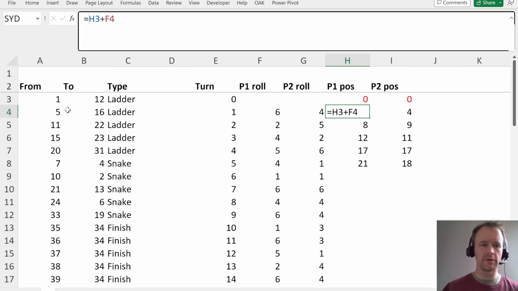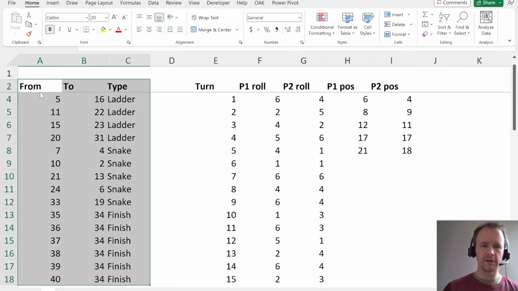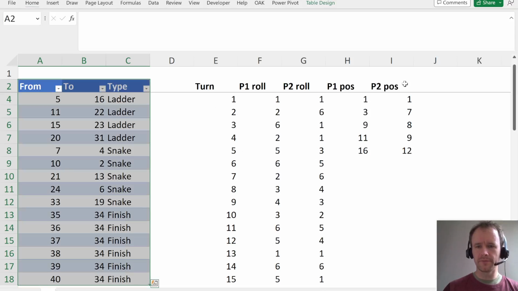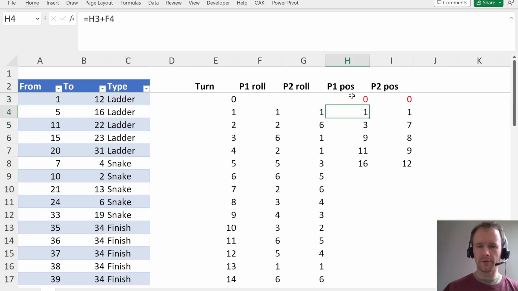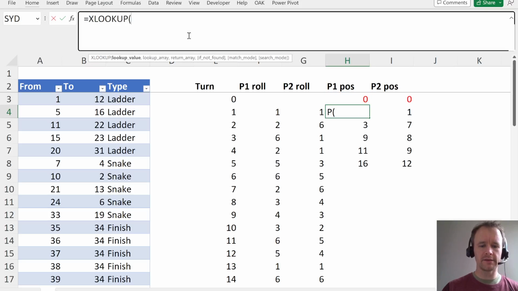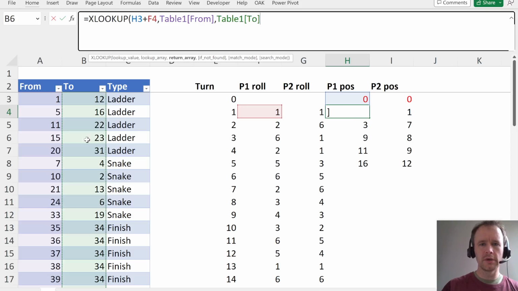It's pretty simple. Actually, let's just make this a table so I don't have to give names or screw around with ranges. And that'll make it easy to do the lookup. So what we're going to do is take this. This H3 plus F4 is my kind of raw starting position. So I'm going to XLOOKUP that in from, returning from the to, and if it's not found, give me back